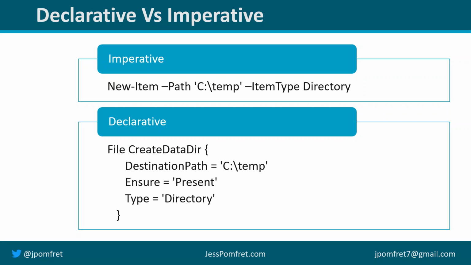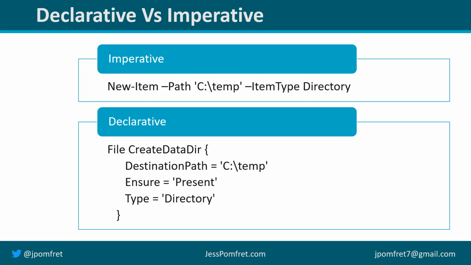So when we start to look at writing DSC, there's a couple things I want to point out before we even start writing it. One is that DSC is a declarative language. The top portion of my screen is recognizable as a PowerShell script. It is imperative. I'm telling you exactly what you need to do, the instructions on how to do it. I'm saying I want to create a directory. It's a new item, there's the path, and it's of item type directory. If I run that, I'll create a directory, no problem. If I run it again though, I'm going to get a lot of errors, and that's something that you wouldn't